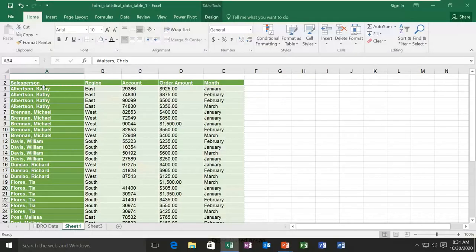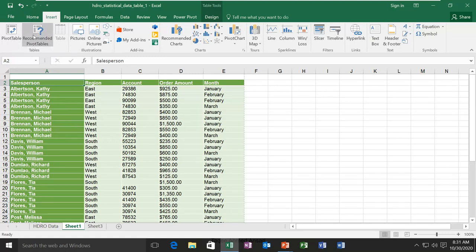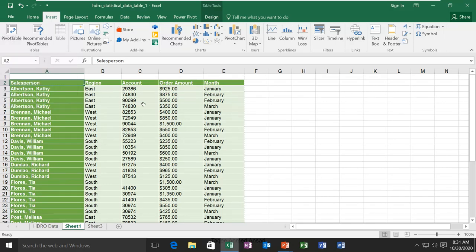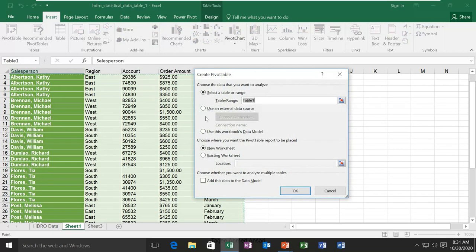So we have here already a table. Now I want to use a PivotTable for this data. So I can go here in the Insert tab, and this is the first group we have. It is called the Tables group. So we can select this command which is called PivotTable. PivotTable is an easy way to arrange your data and manipulate the data to see some specific trends and things.